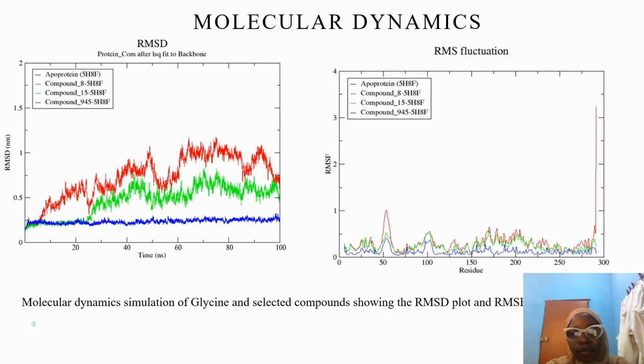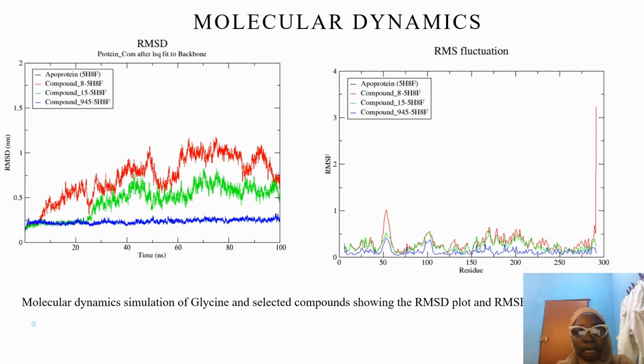Also, for molecular dynamics simulation, we address 4 parameters: root mean square deviation, root mean square fluctuation, radius of gyration, and hydrogen bond. Root mean square deviation helps to understand the stability of the ligand and the rate at which the ligand deviates from the active site of the protein. From this result, compound 945 shows the lowest deviation from the active site of the protein with